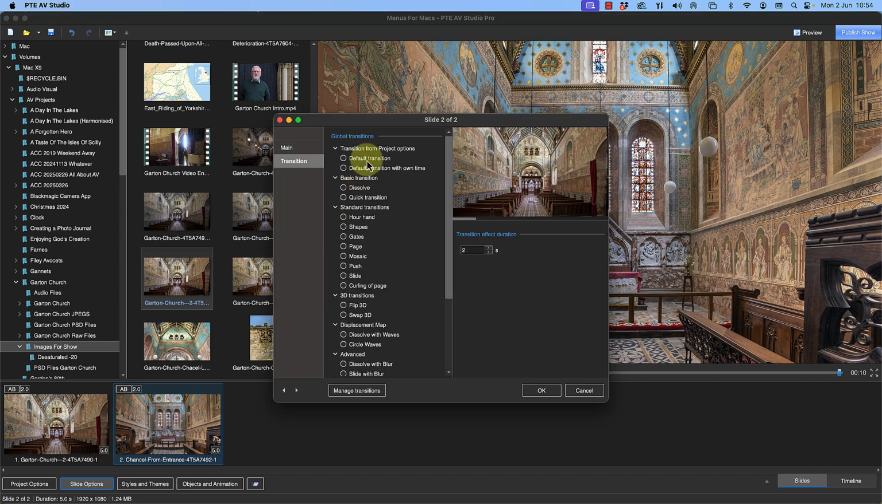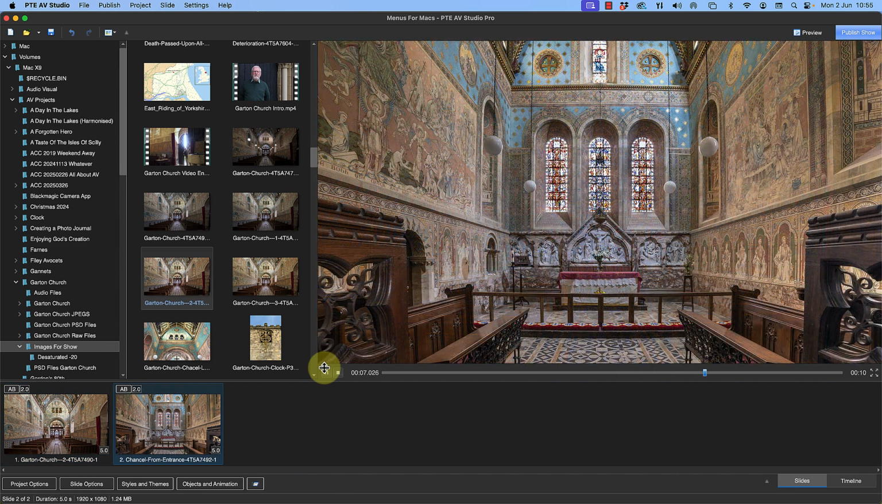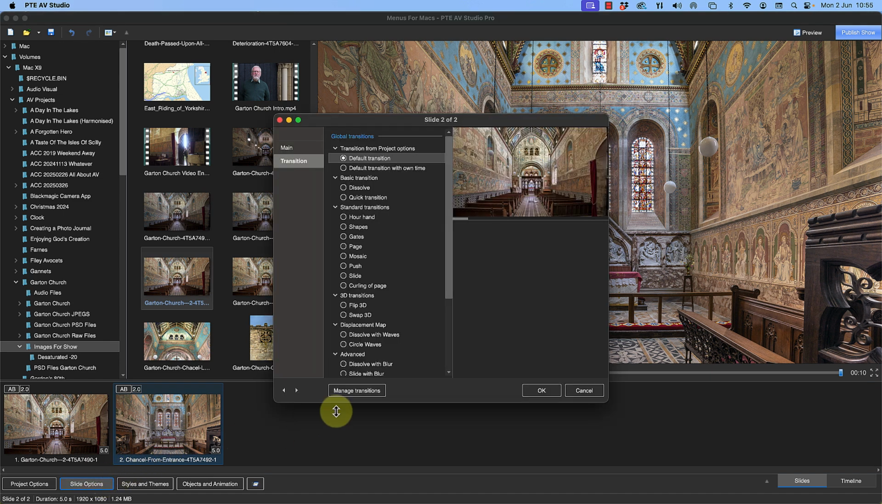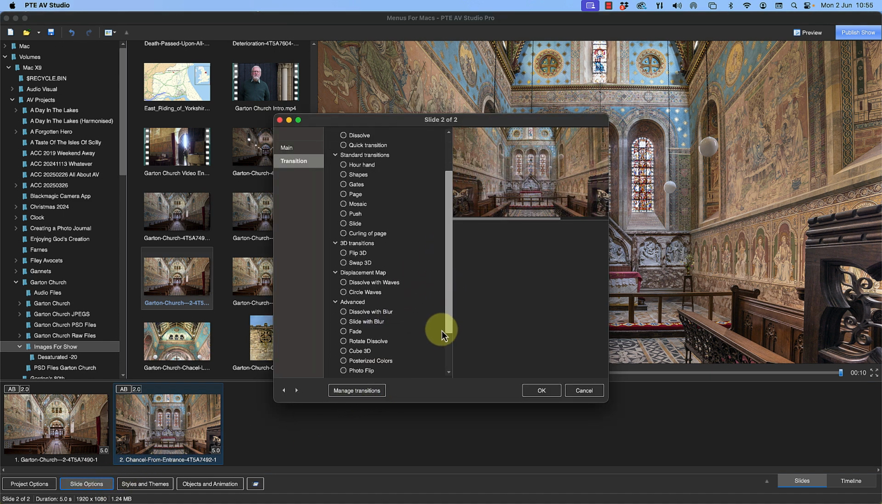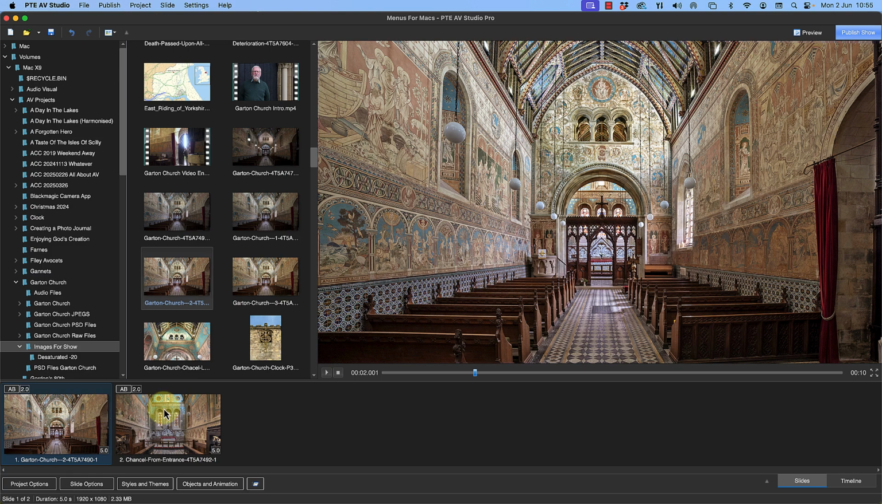Slide styles, default transition, and say OK. So as we go from one to the other now, we should get the standard fade transition. Runs through, and it will simply dissolve into the next slide because we have no transitions in there. Let's add the transition that we've just created. So slide options, and the transition that we want is in our custom transitions, barn door tutorial. OK. And now if we run it,